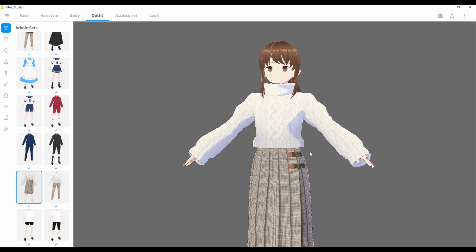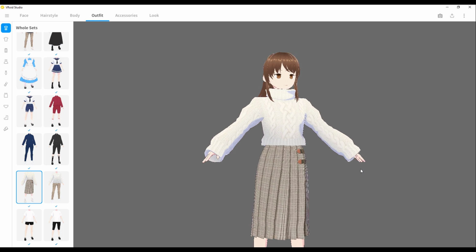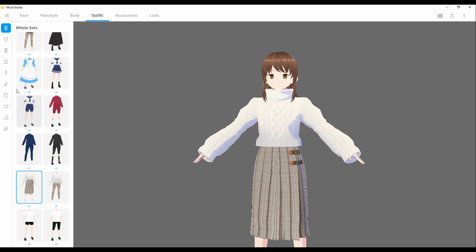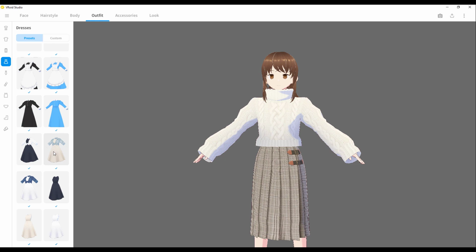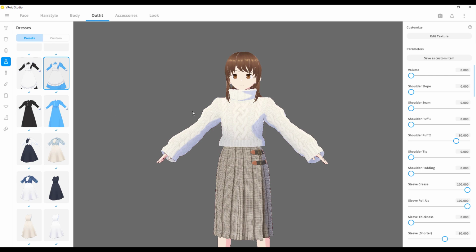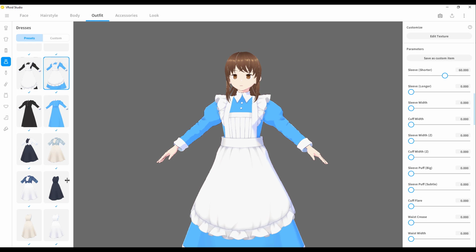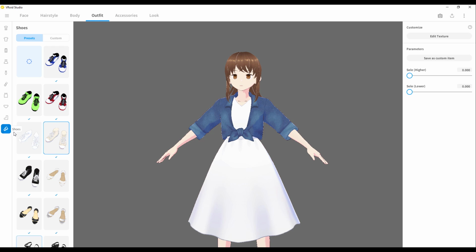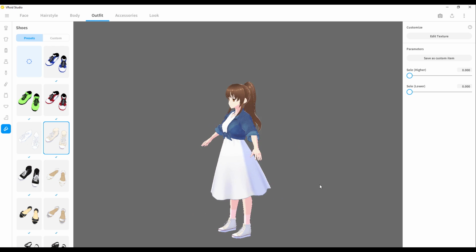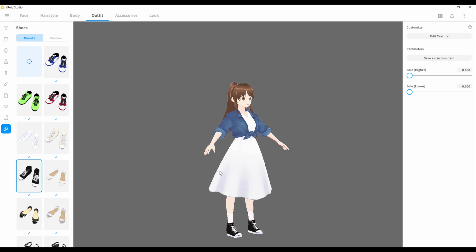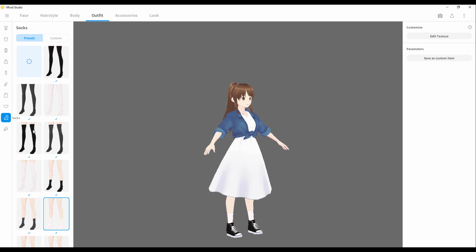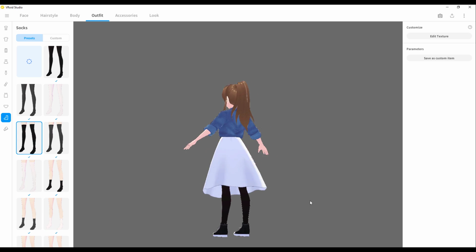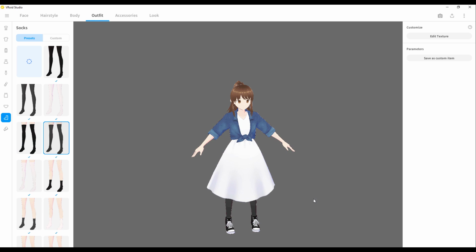And it's also worth knowing that most of these outfits, the way we have them here, you can choose to customize. So if you go over to the dress section and you select a dress like so, you can customize this to your liking, and just a whole lot of things. For shoes, there's also updates to the shoes, and you can change the shoes however you want. You like something like that, that looks really nice. If you like to play with some socks, you want to change the socks, we can also get some pretty decent socks like this. You can get these socks, and this looks good.